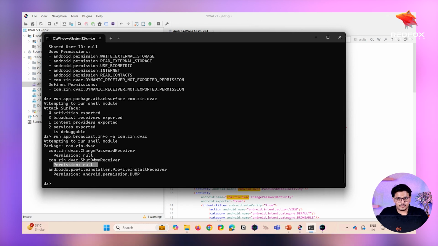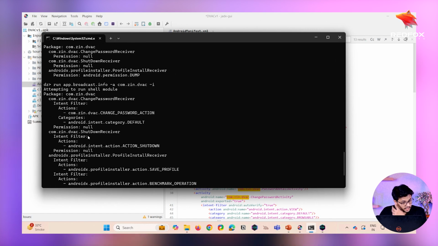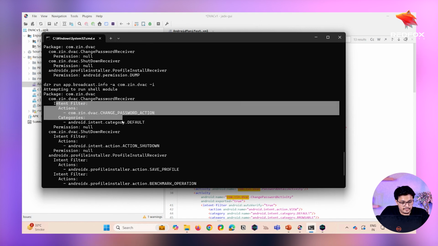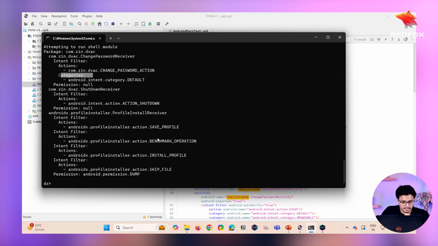So I'll just demonstrate this as well. One second. There is one more command, -i, which will give you detailed information about the particular component, like broadcast. You just need to add -i at the end, and here you can see that not only the package name and the permission, but it also shows you the intent filters, that is the action and the categories